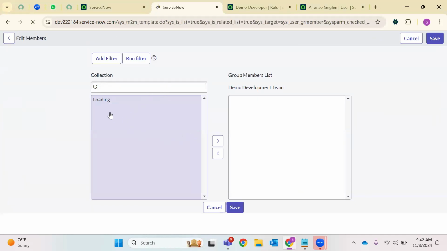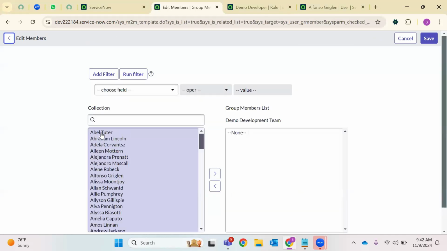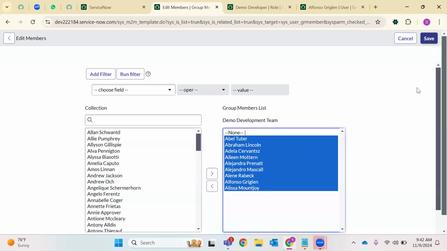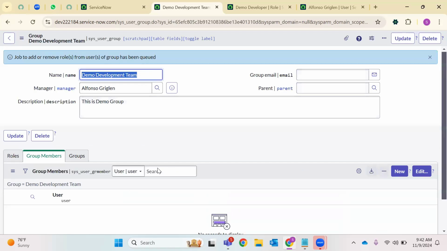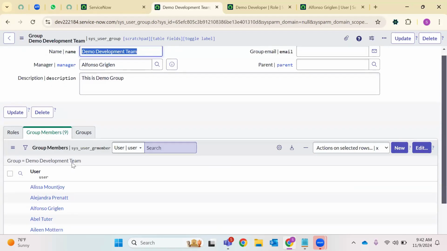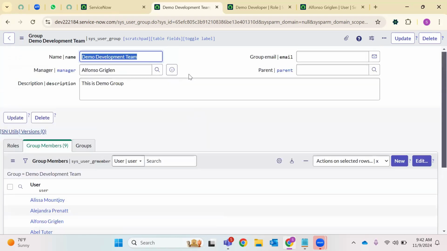See, it redirects you to the users that are there in the system. You'll have user information like Abel, Abraham. So you can select any users. Like in real time, you'll have a list of users who can be part of that group. So you'll add them to the group. Okay, refresh, the group member count will be shown. After creating a group,